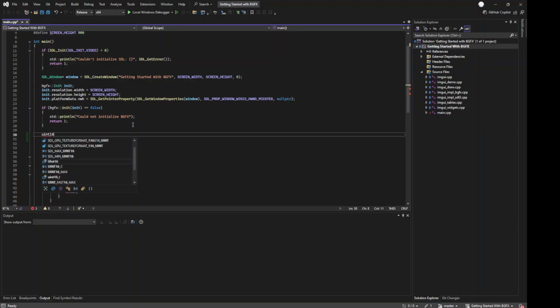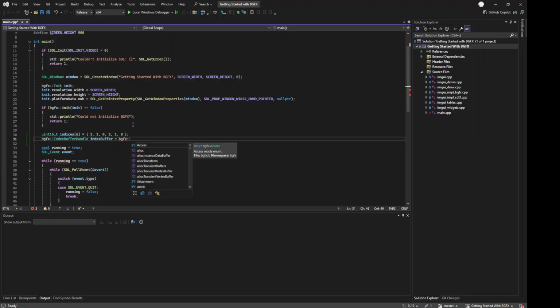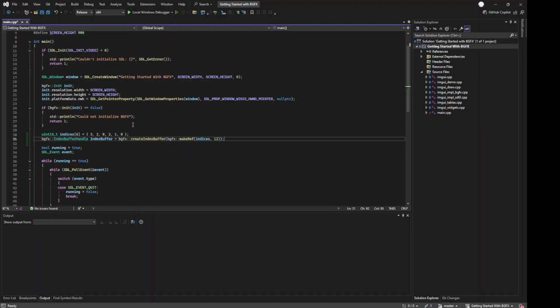So we'll do uint16_t indices[6] = { 3, 2, 0, 2, 1, 0 }. Then we create an index buffer like this: bgfx::IndexBufferHandle indexBuffer = bgfx::createIndexBuffer(bgfx::makeRef(indices, 12));